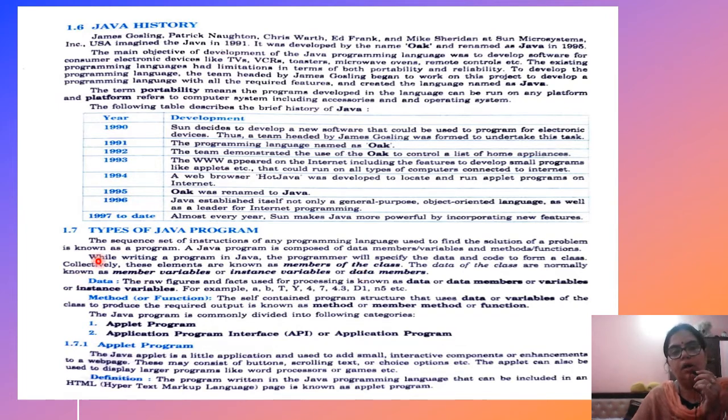Now, what types of Java programs are there? There are two types of Java programs. One is applet and the second is application program. An applet program is a program that is attached to HTML. It means we write this program and run it through the internet, and it is used with the help of HTML, the hypertext language, in a page. That is your applet program. But students, whatever program you are going to write, that is application based. Okay, you are learning computer application.